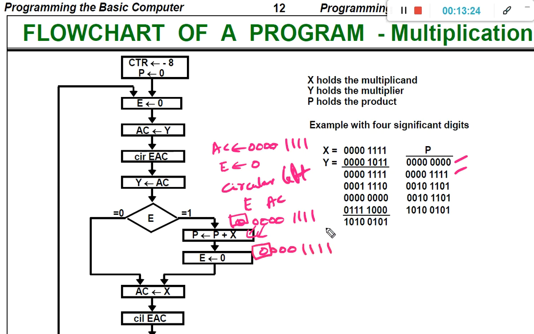This is the expansion bit, and the rightmost bit will be filled with the most significant bit, which is 0. So the value of the accumulator register is now 0 0 0 1 1 1 1 0. Okay, so we are here now. Circulate EAC.